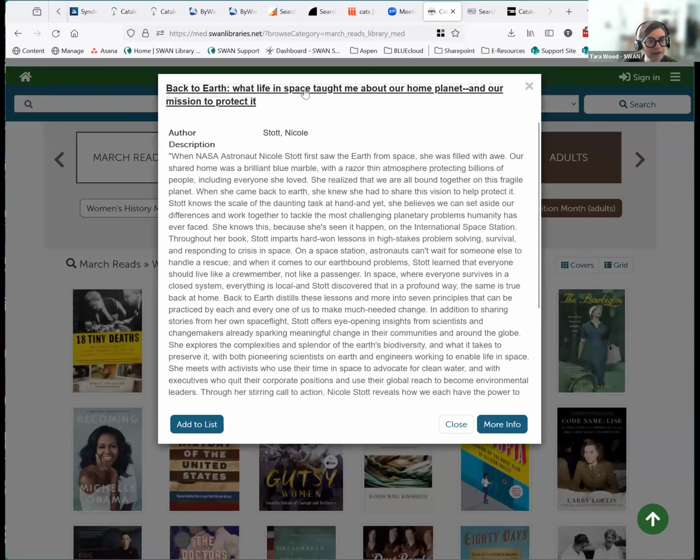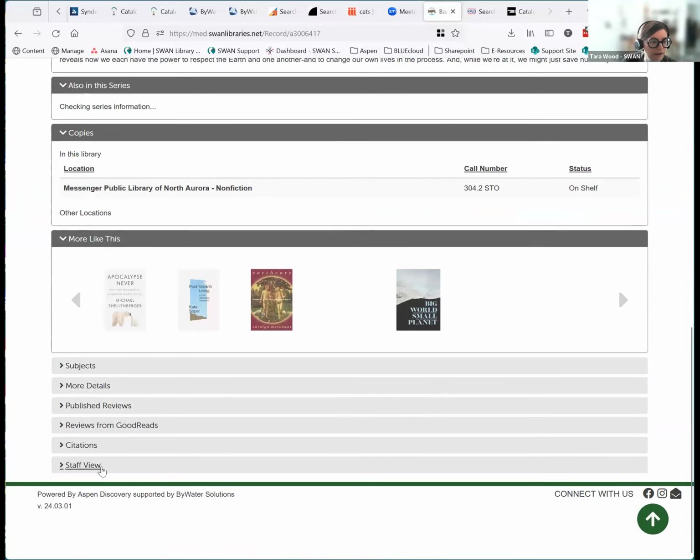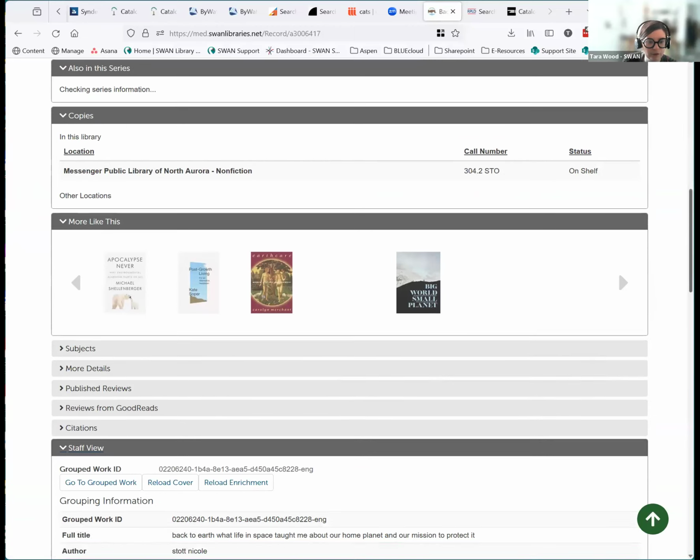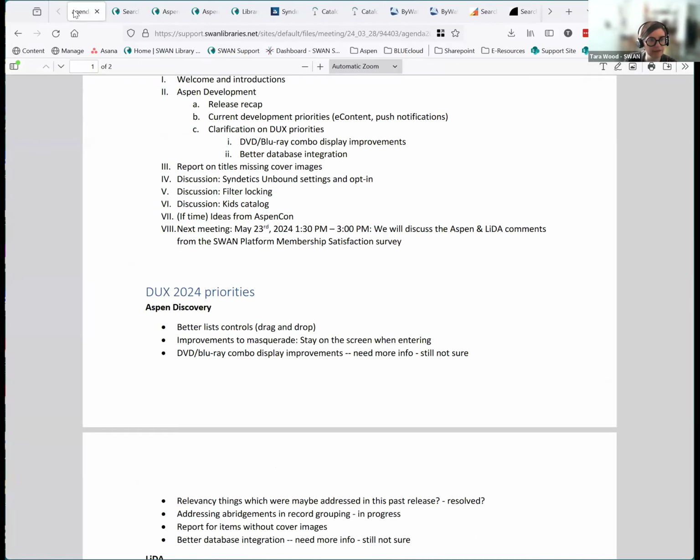Okay. Yeah, so in the staff view, this one I bet would say Syndetics. That's a really odd one. We may just ask for a refresh of anything that has that Google title author designation. Okay, so title doesn't cover images. We'll keep plugging away at it and see if we can add a set of those record IDs into our